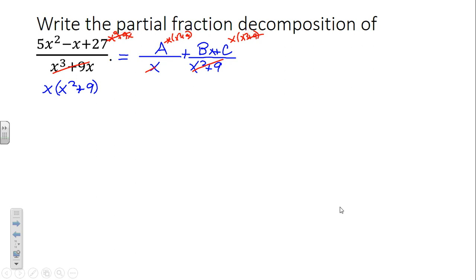So what are we left with? Well, 5x squared minus x plus 27 is now equal to what? A times that x squared plus 9, and